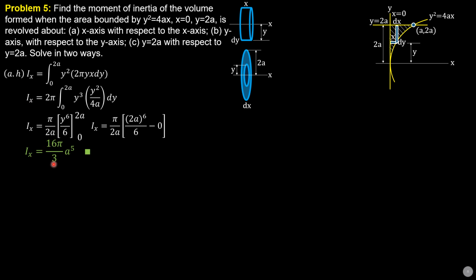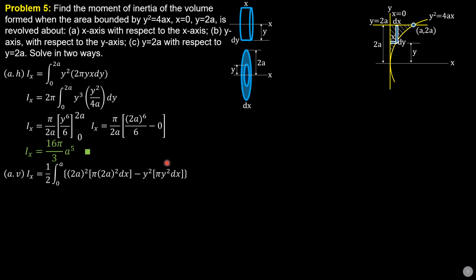And part A, the second solution, let's consider the vertical strip. This is the generated differential element of that strip. So the outer radius, big R, is 2a, the inner radius is y. So for the moment of inertia, the guide formula is 1/2 integral of differential volume times radius to the fourth. If we derive the formula, we begin with 1/2 radius squared, so outer radius 2a squared, and the differential volume of the bigger disk is pi radius squared dx, where the thickness is dx.